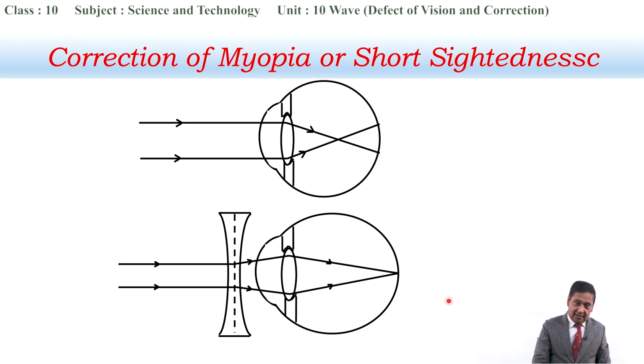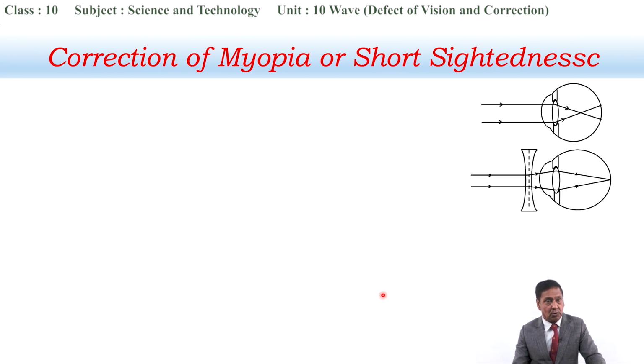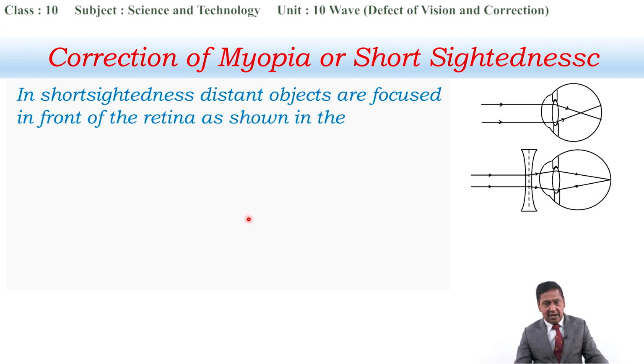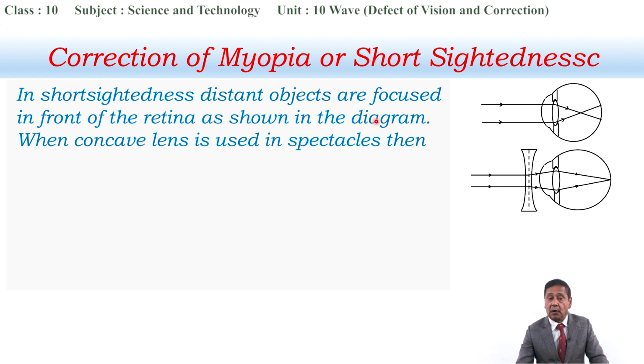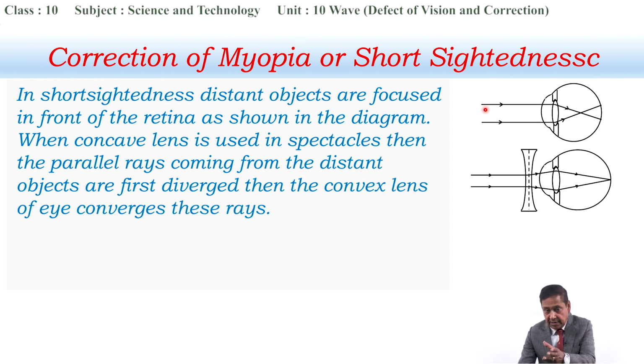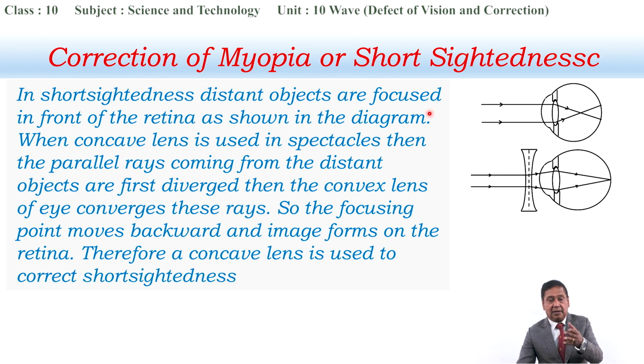Now, let's talk about this. If we have to write somewhere, you can say it this way. In short-sightedness or myopia, distant objects are focused in front of the retina as shown in the diagram. Look at this diagram here, and the first line that I told you: in front of the retina the distant objects are focused. But when a concave lens is used in the spectacle this way, then the parallel rays coming from the